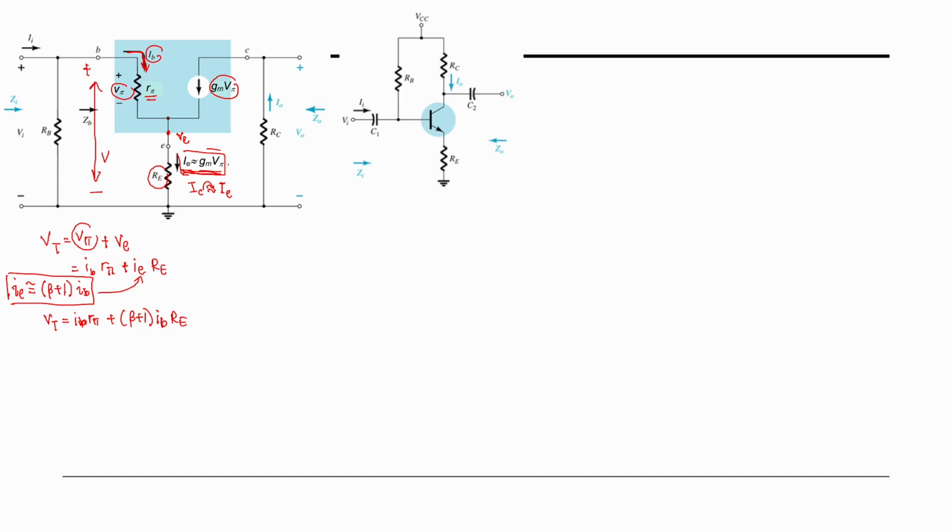Okay. This is your VT. So you can see VT actually is this V pi plus with this VE. Alright, so from here we can know as well VT. So this is the first equation of VT. Another equation of VT is